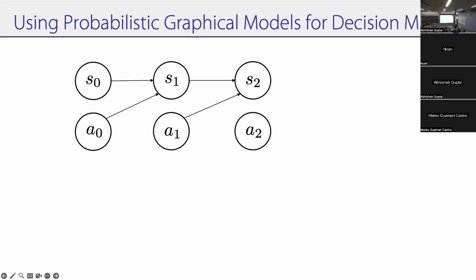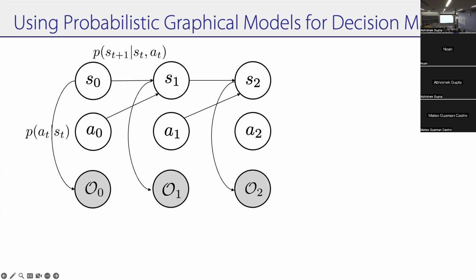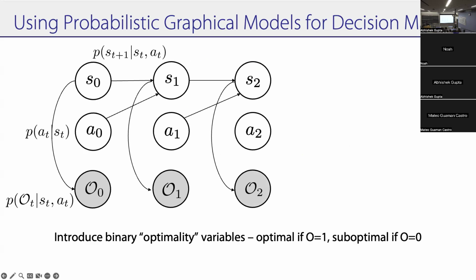Yeah. So let's recap what we did exactly, right? So we started with the standard graphical model, and we said to have dynamics and an action prior, but we're going to add in these optimality variables. And these optimality variables are binary, so they're either optimal or not optimal. And the likelihood of the optimality variable being 1 at a state and action is equal to the exponential of the reward, right?